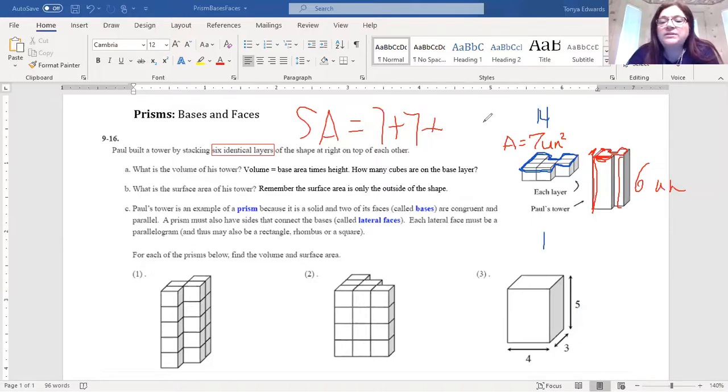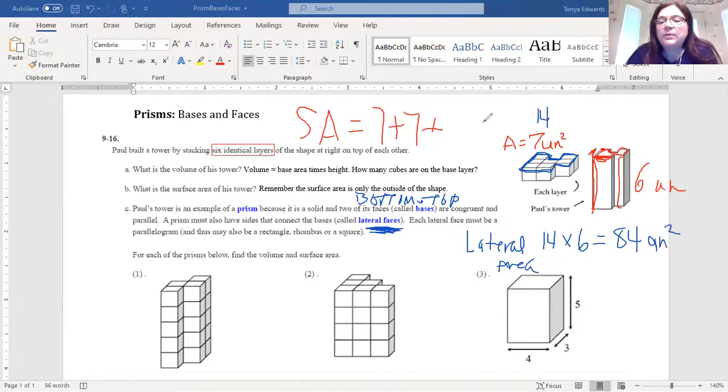So if I take 14 times 6, that's going to give me the lateral area. Remember, lateral faces are the ones that aren't the bases. So bases is top and bottom, and lateral faces are the ones that go up and down. So my lateral area is 14 times 6, which is 84